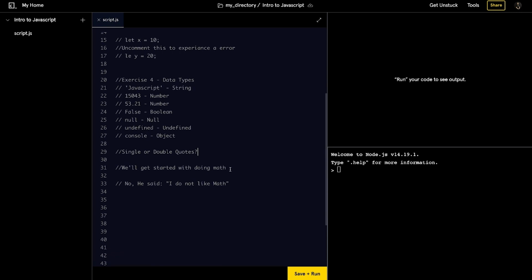Let's take a look at this string right here. This string says, "We'll get started with doing math." Notice that this string has an apostrophe in it. This presents an issue for us because we can no longer use single quotes for logging this string. Let's take a look at what happens if we do. Let's go ahead and get rid of these forward slashes and write console.log, and then wrap this in a single quote. Close that single quote